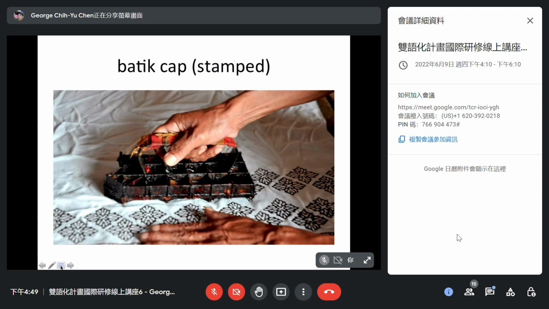Batik cap means stamp batik. And many people who are in textile designing are very familiar with this technique. We just stamp, and later you dye it. The process compared to batik tulis, this is much straightforward and less complicated, 比较不复杂. Next,